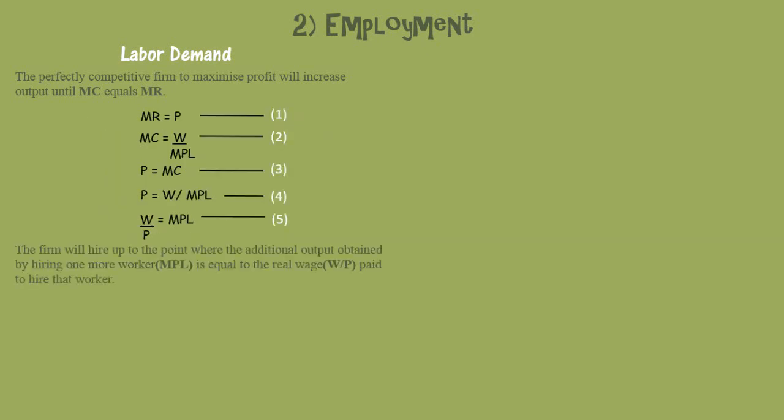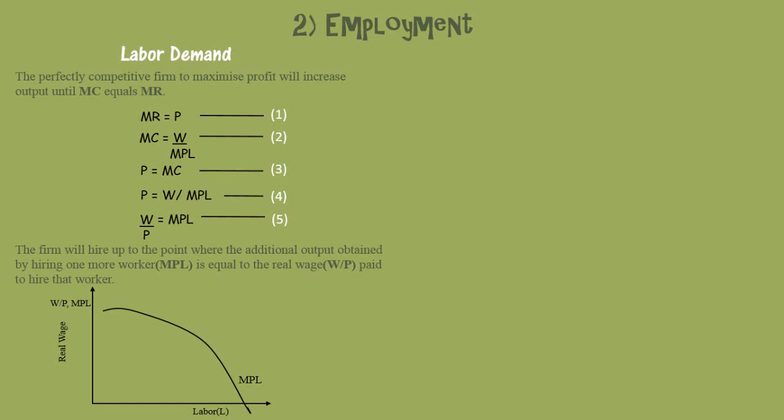So the firms will hire additional labor up to the point at which W by P, that is the real wage, is equal to the marginal productivity of labor. As long as W by P equals MPL, it is profitable for the firm to hire additional labor. Now let us plot this labor demand schedule with labor on the horizontal axis and real wage on the vertical axis, and ultimately we get a downward sloping labor demand schedule. We'll notice that this is the same as the marginal productivity of labor schedule that we drew in the previous slide.